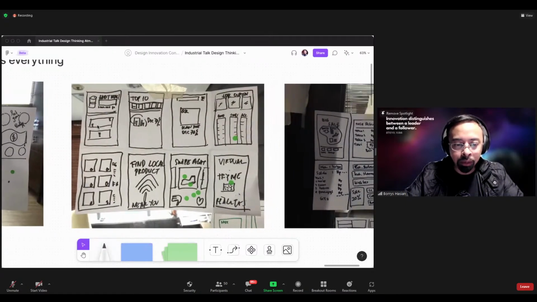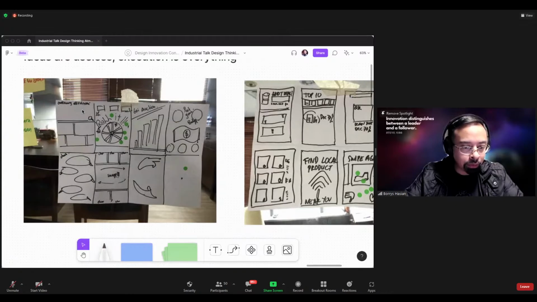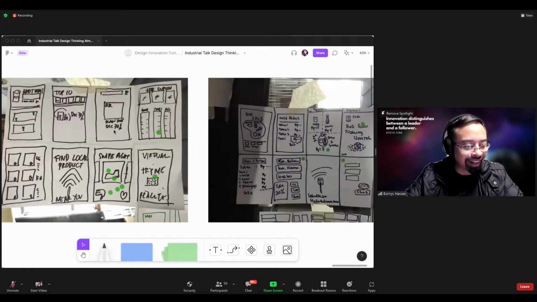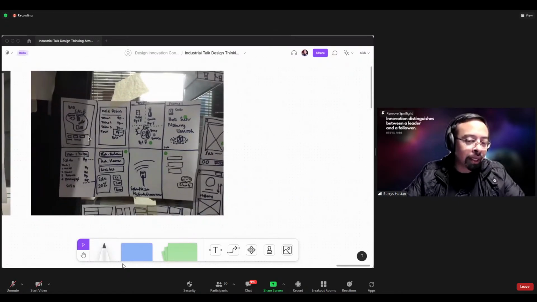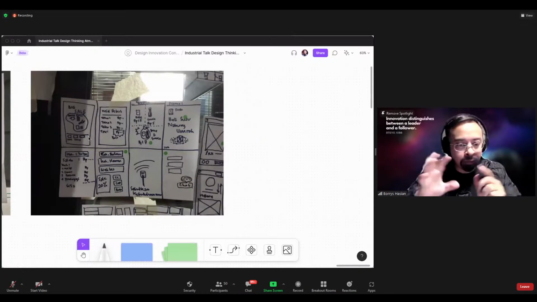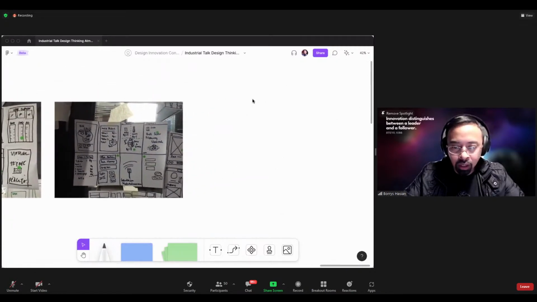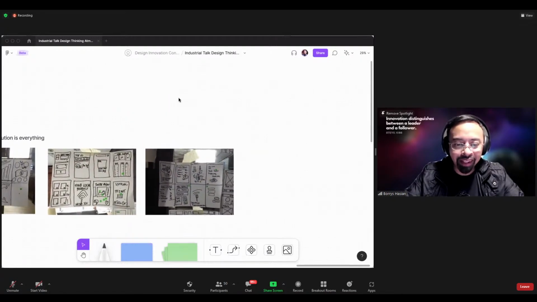This can be as simple as this. You can always add some notes to the sketches. If you consider yourself to have a good design taste, you can even go more complex, like this. But again, that's why it's called Crazy 8, because this will be done in 8 minutes. You need to come up with 8 different ideas, not 8 different layouts, 8 different ideas in 8 minutes. Feel free to ask questions. I'll answer through the chat. If not, then we are going to start the activity.